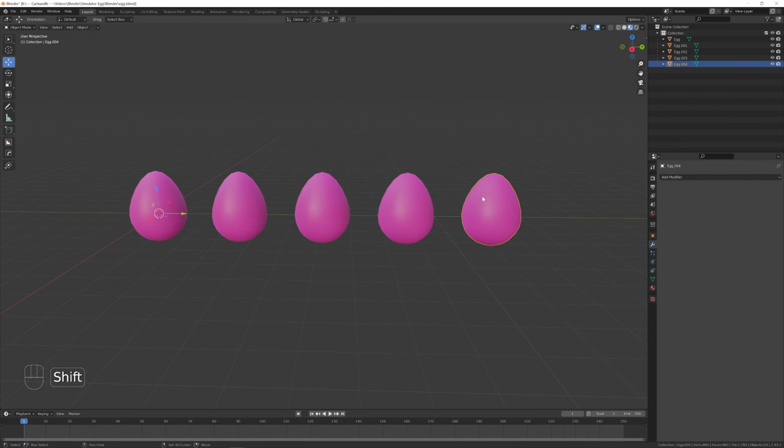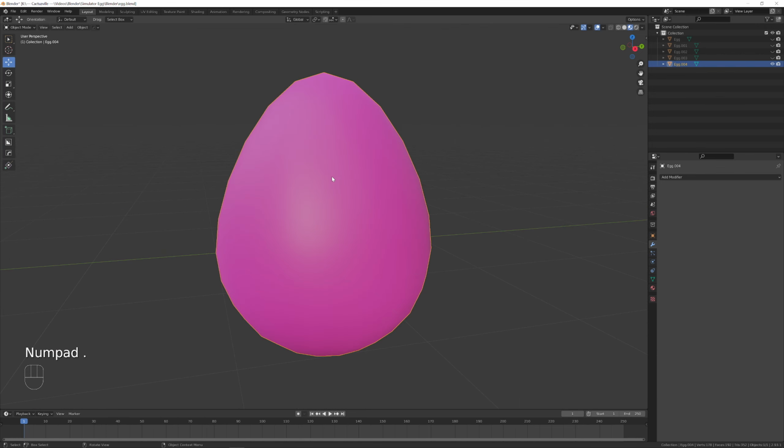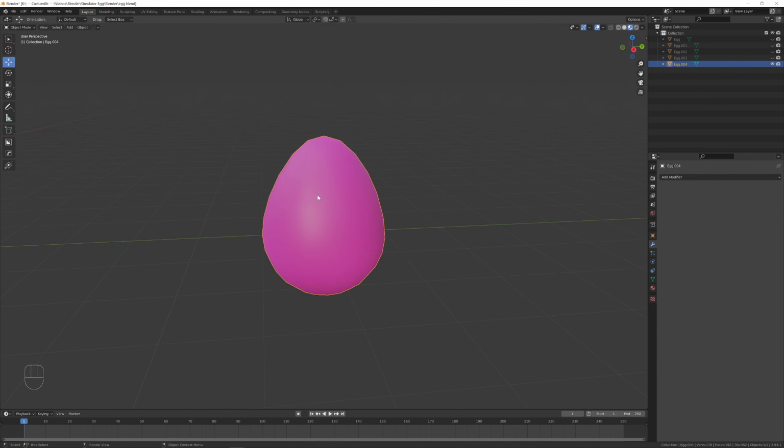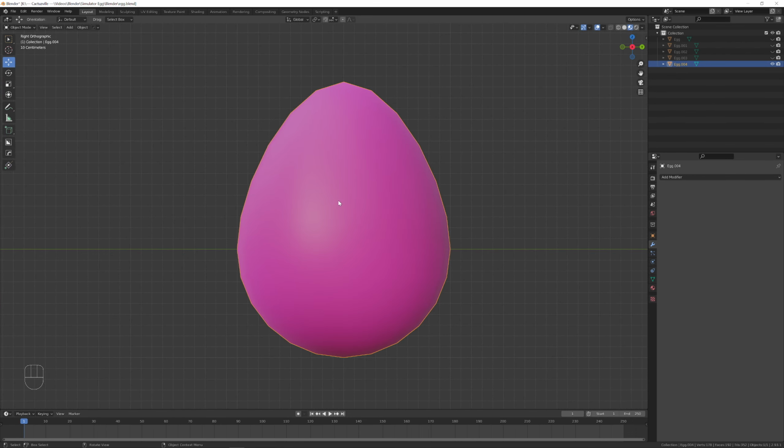So I'll just press Shift and H again, and if you notice we can orbit around the egg, although it's not in the middle of the screen. So what we can do is press the period key on the numpad, and that will center the view around the object, as well as zooming in on it. Okay, now if we press the numpad 3 to look at a side view of this egg,